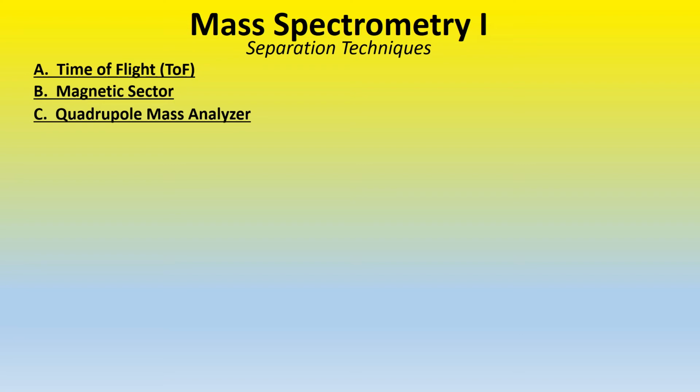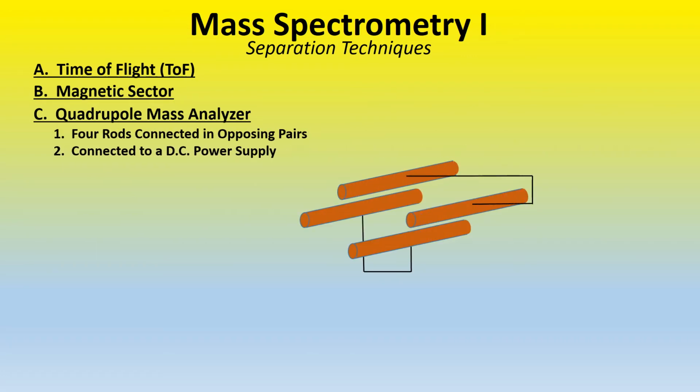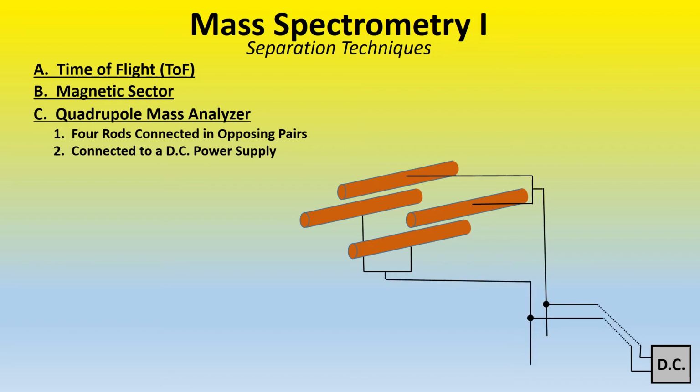In this method, 4 rods, 4 poles, are connected in opposing pairs. They are connected to a DC power supply. However, the voltage between each pair is slightly different because there's a resistivity variable introduced on each pair. Also, a complicated circuit,